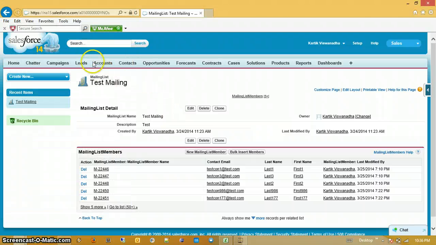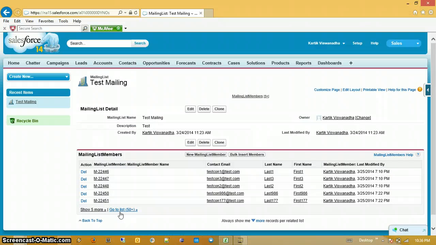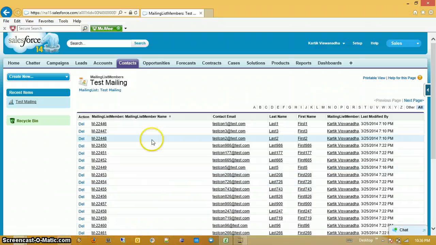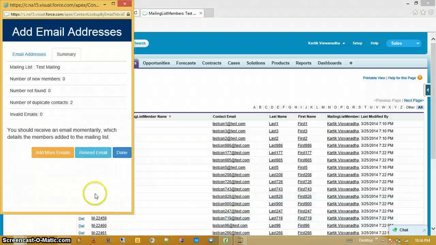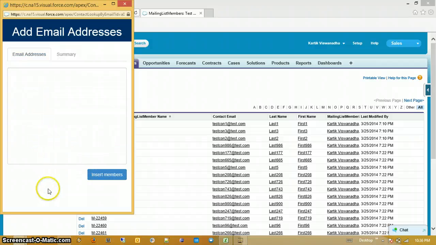There are already mailing list members present, so that's why it's showing duplicate contacts. And I change this one to add more emails, and you click on done, it closes the window. If you click on add more emails, it goes back over here, and you can add more emails to this one.